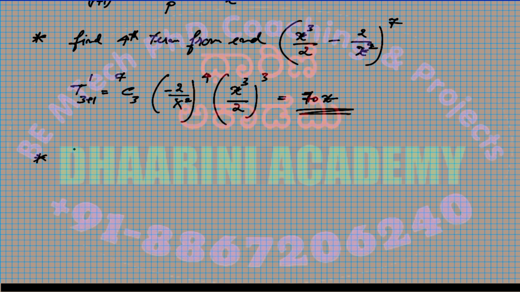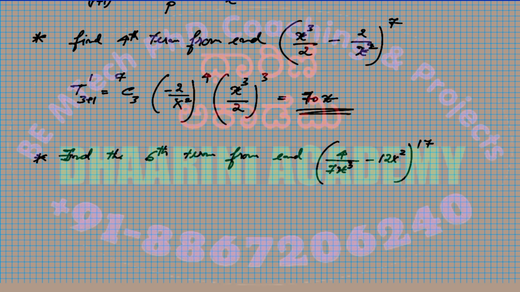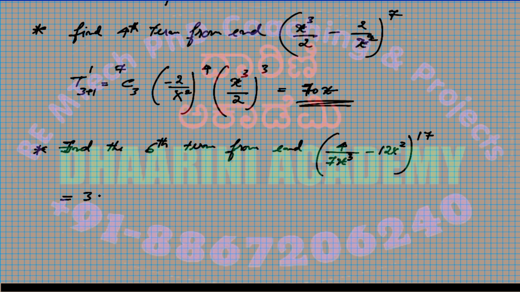Okay, the next question is: find the sixth term from the end in the expansion of (4 divided by 7x cubed minus 12x squared) raised to the power 70. The answer is 3,359 into x to the